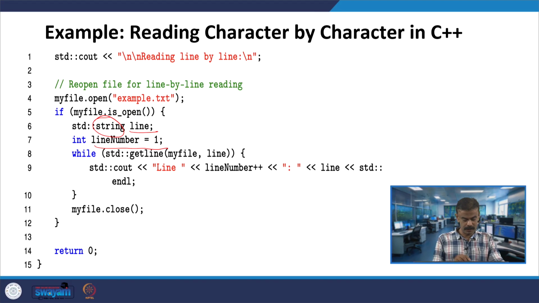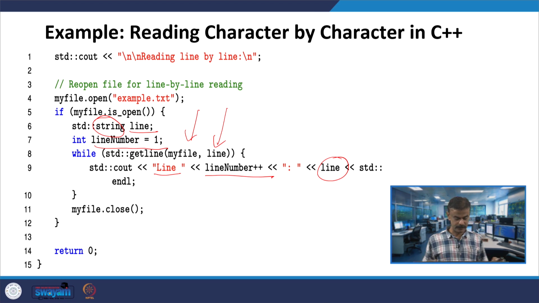So, while getline my file, that means you are handling, right, my file is opening, my file dot open is handling example.txt. Then, for example, the first line I am reading, you are putting in that line, whatever the first line is, let us say I love India. So, now line is equal to I love India, you know that we have seen in the last class. Now we are printing line, it will give line number 1, whichever is the line number 1 will be printed. So, one is character by character, another one is line by line.